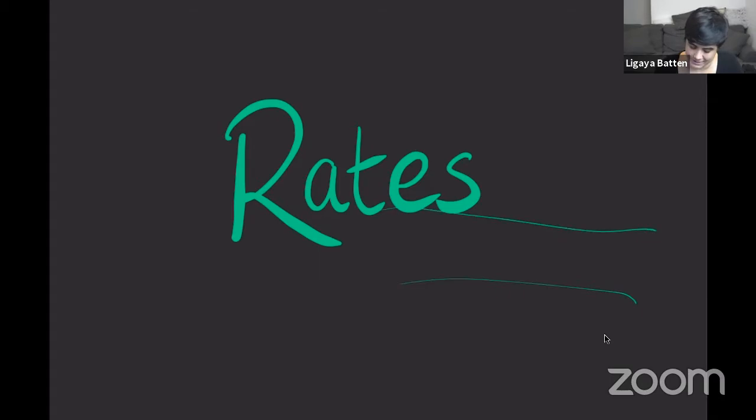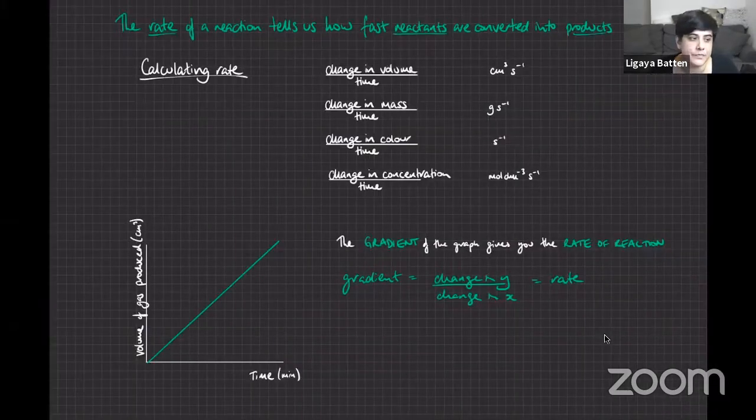Okay, so the rate equation tells us how fast reactants are converted into products. And you probably know this is going to be a bit of revision from that year 12 stuff. So these four equations that I've written here, the first three are ones you probably learned in your year 12. Hang on a second, my pencil does not seem to be paired with my iPad. Okay, right, so these first three equations you're probably familiar with from year 12,